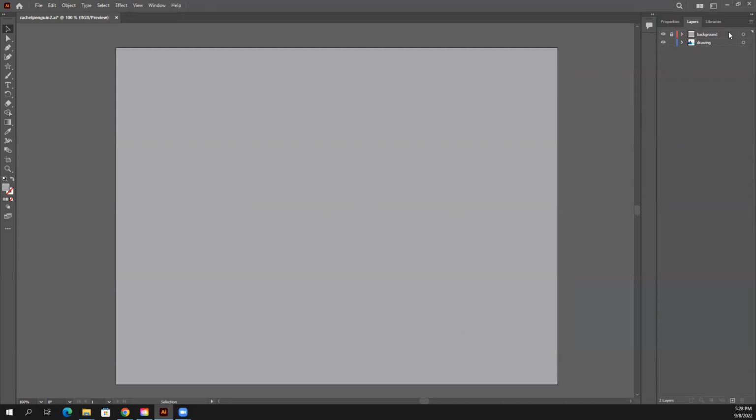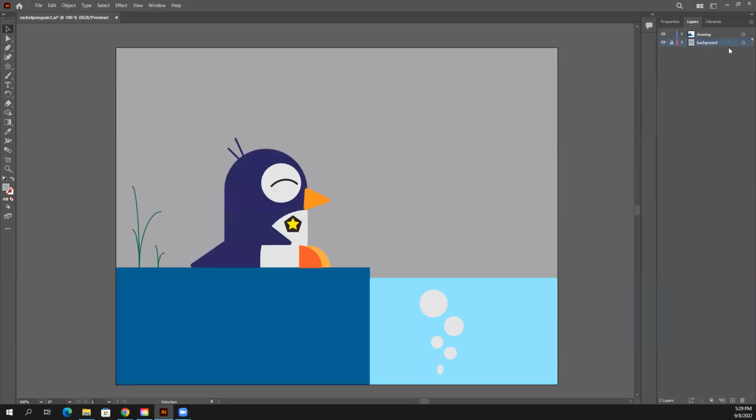So we're going to click out here, in this empty area, and drag it down right below our drawing. Not into our drawing, but right below it. There we go. Once you get your background locked and set up on that new layer, we're going to start using our shape